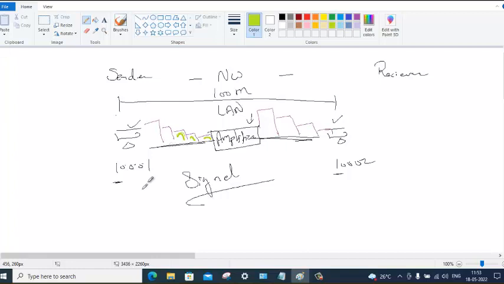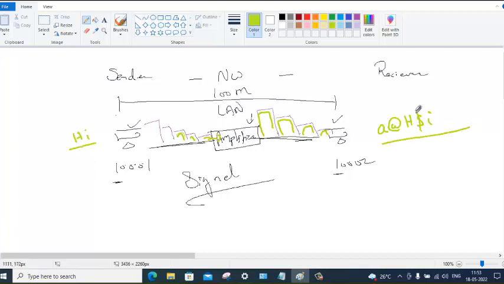So the problem with the amplifier is it will amplify everything that comes in. Along with the data, even the noise gets amplified. So if you send a "hi", here you may receive something like "A@H $I". But what you send is just "hi". What you are receiving is something else.